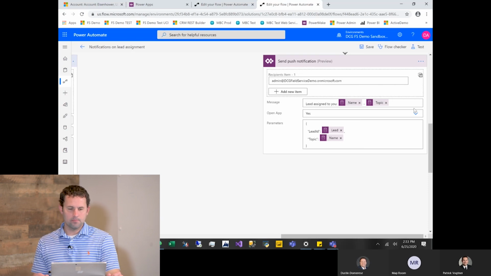And I know you're not showing it here today, Patrick, but like MMS, you could do that too. So let's say you're asking for a photo of a service issue or a product that was damaged. The person could respond back even with a photo in Twilio, and that could then come into Flow somehow, I'm assuming. Yes, and we'd have to process that out, base64 and all that jazz. But yes, we could then get that into either SharePoint or some kind of document attachment in CRM, or however you like it.